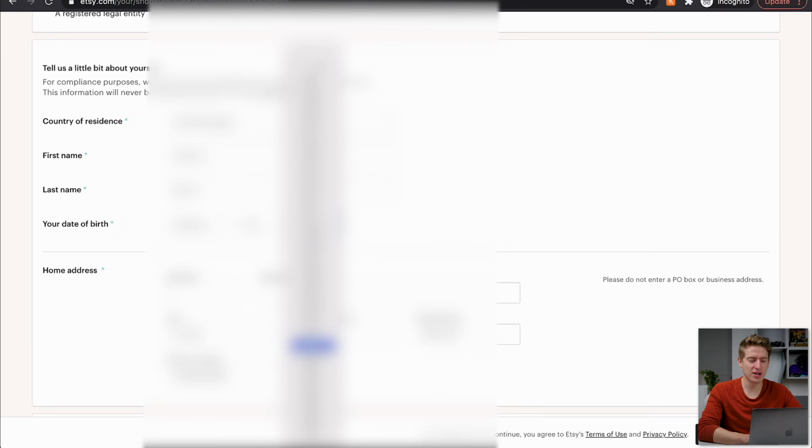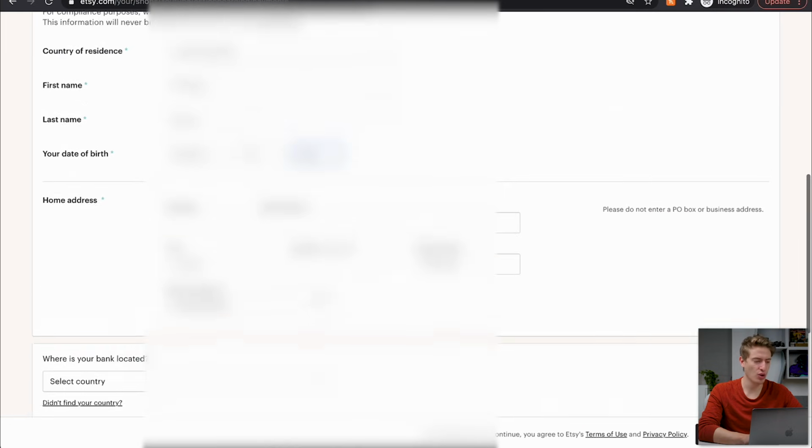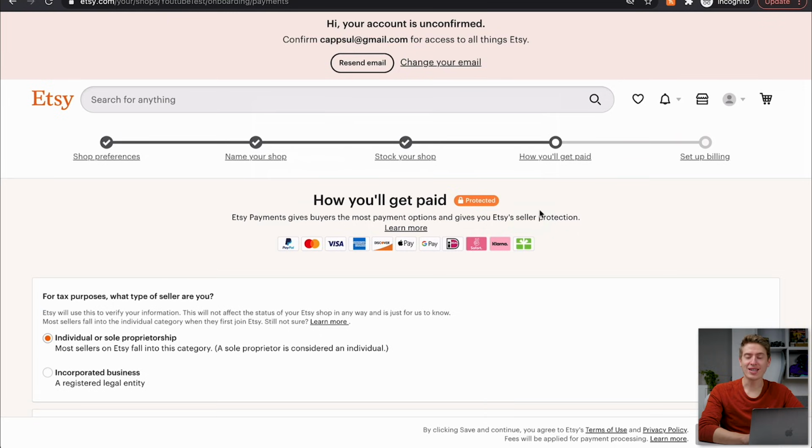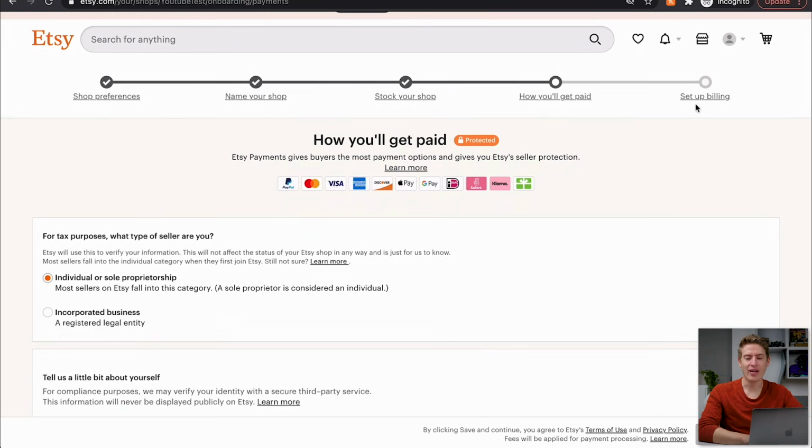If any of this is blurred out, it's just because it's my personal information. I don't want it shared, but it doesn't really matter. Just put in your information. It's very simple. Right, the next thing you have to do is click save and continue and then set up